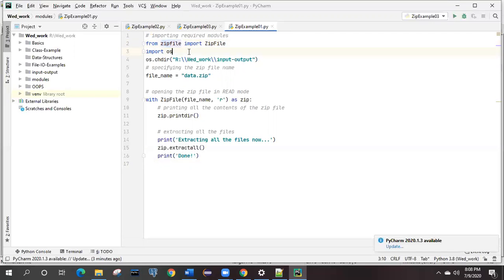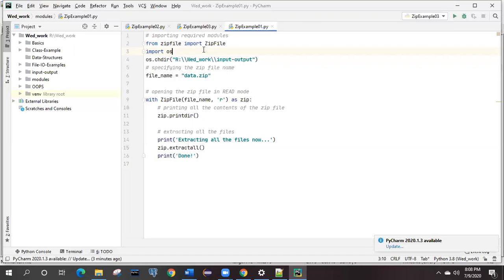First of all, forget about the remaining code. Just see line number 3. We are importing the OS module. OS is nothing but my computer's operating system, where Python is running.